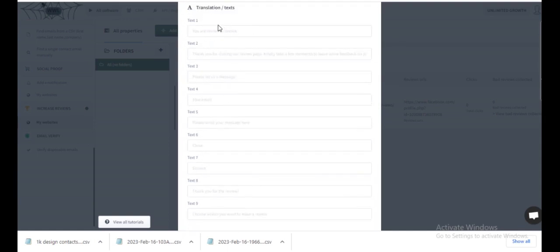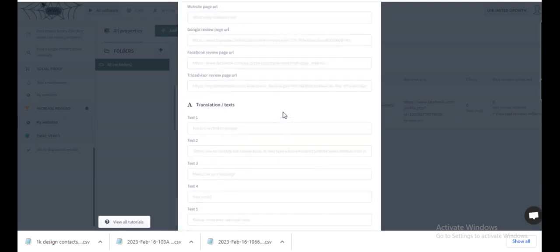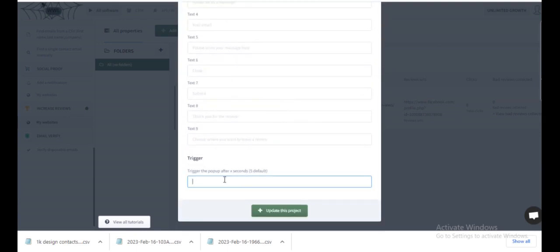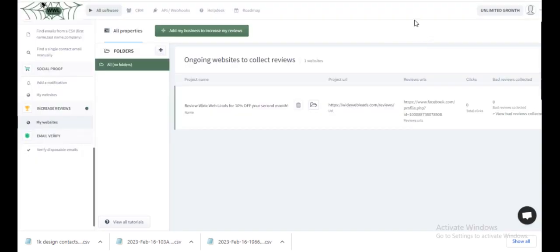And definitely add in these texts here, and you'll be able to determine when the pop-up will happen. So I would do it like way later, like about a minute or two, just so that it's not too much of a bother when users are on your page.